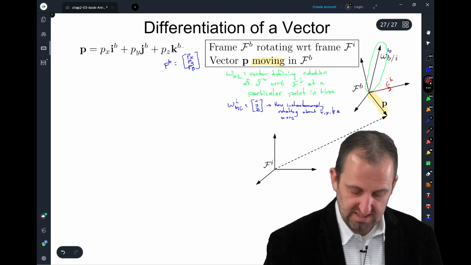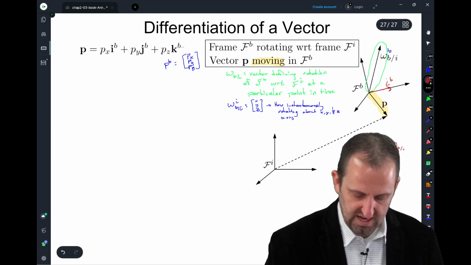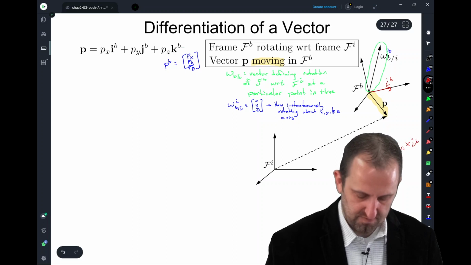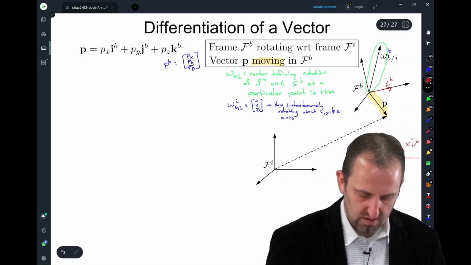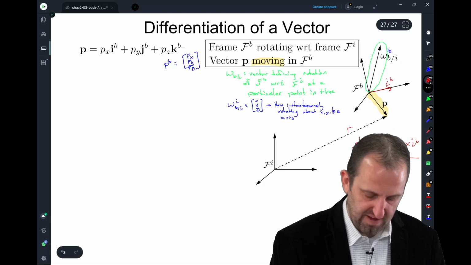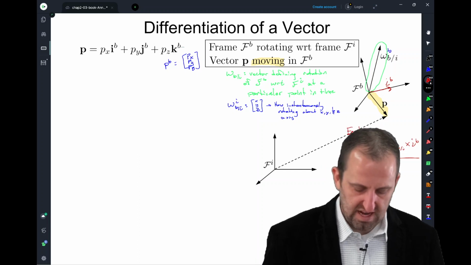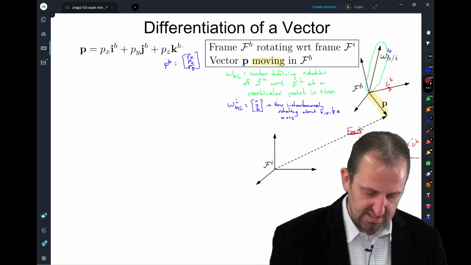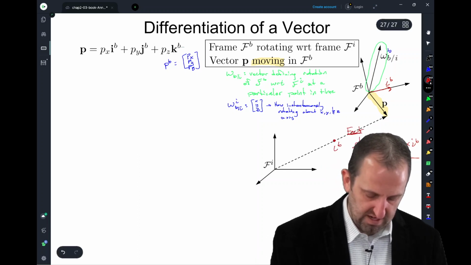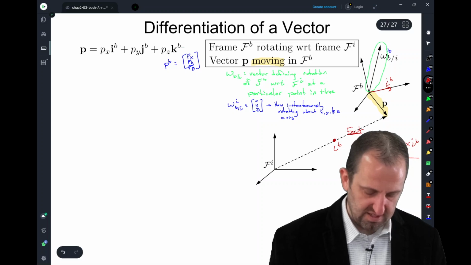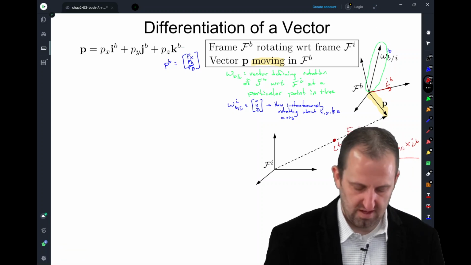We can define this as omega b/I cross I b. Okay, so this we're going to just take as a fact. It's not too crazy hard to prove, but let's just take that as a fact. We're going to write this as I b, and we'll write it as a dot, and I'm going to put that's the dot notation over